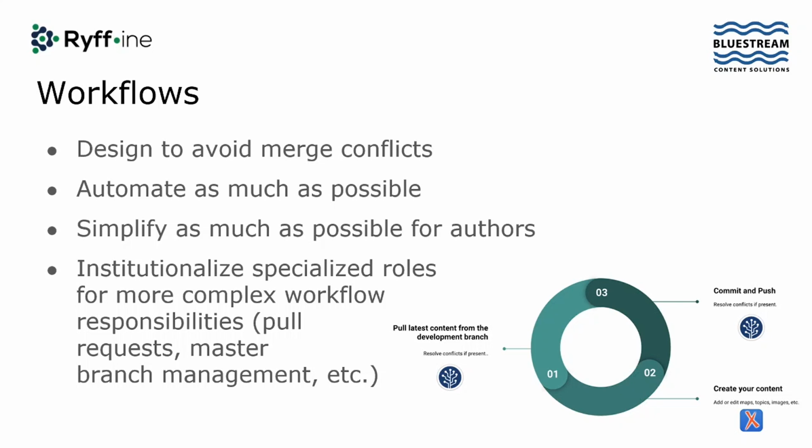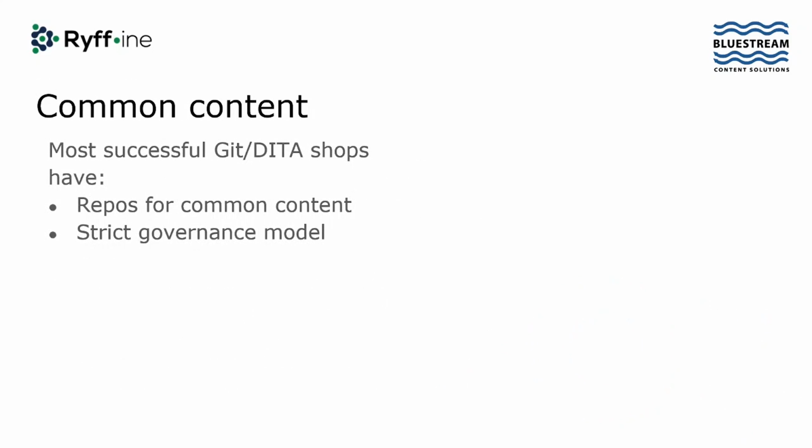Okay. Another thing to think about, another common trap that people fall into, and some climb out of it and some don't, is on the next slide here, and that's common content. So most of the successful Git shops that we work with, and DITA shops, have their repos for common content, and some have multiples, right? But putting your common content aside and governing that in a different way, because it is shared content,